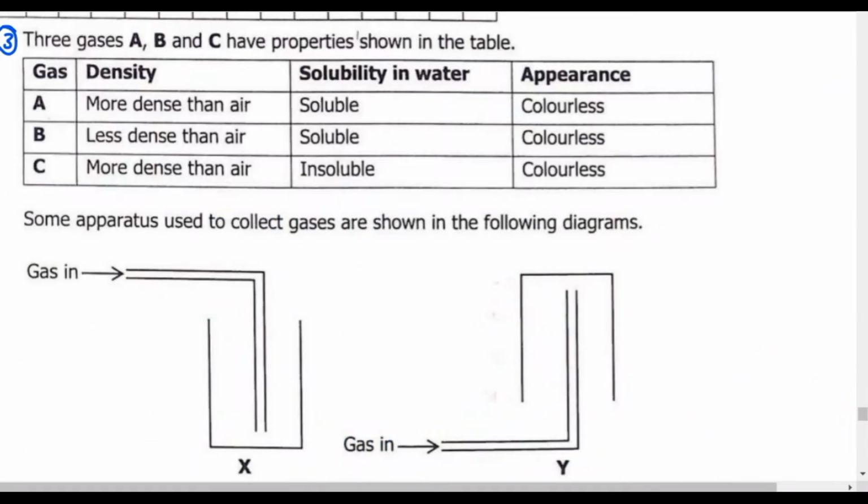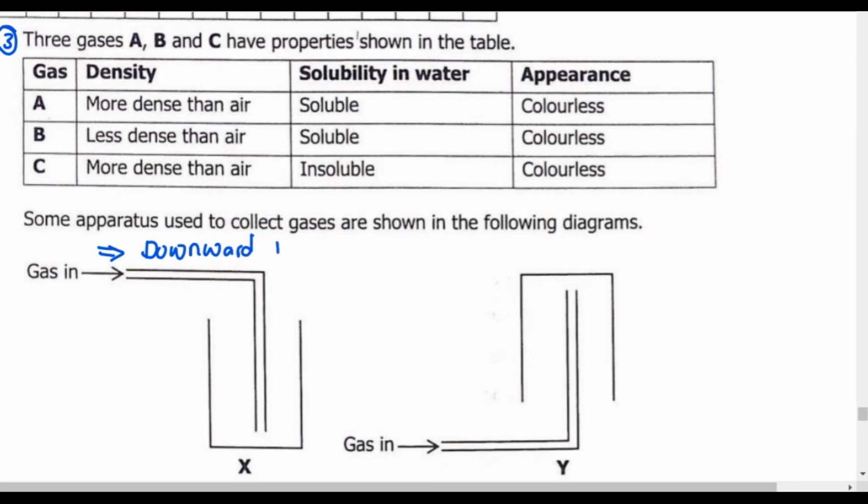Okay, so now we can have our last example for this video. So 3 gases A, B, and C have properties shown in the table. Gas A: more dense than air, soluble in water, colorless. Then B is less dense than air, soluble, colorless. C is more dense than air, insoluble, colorless. From the properties that we looked at, I'm sure you can have the picture of what we are looking at. So this method here, we said, is known as a downward